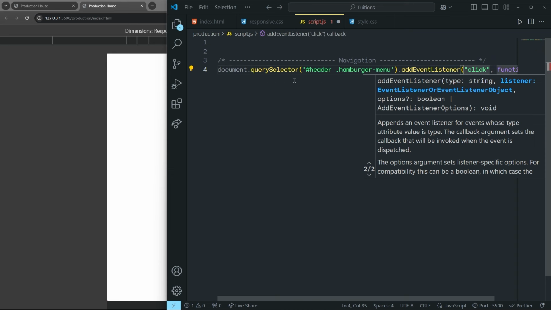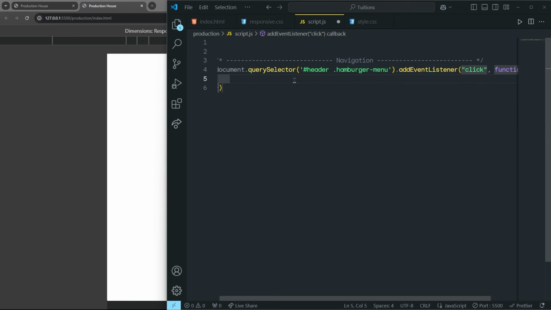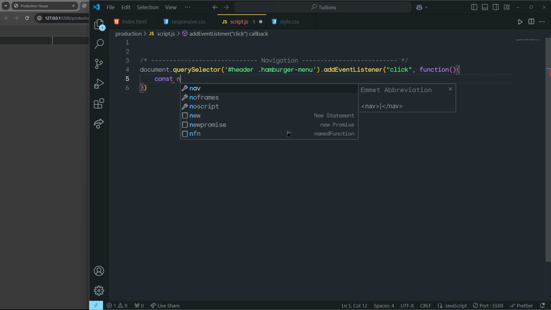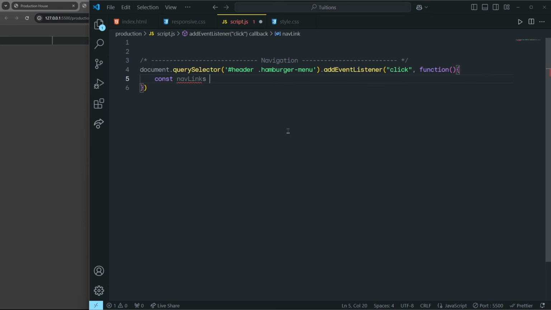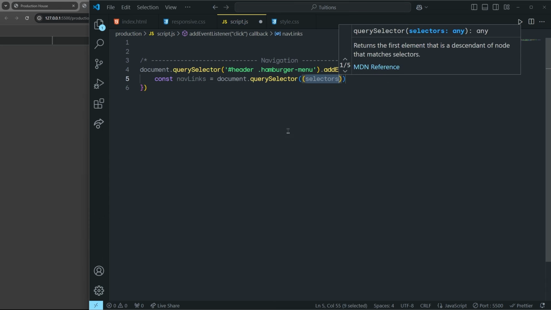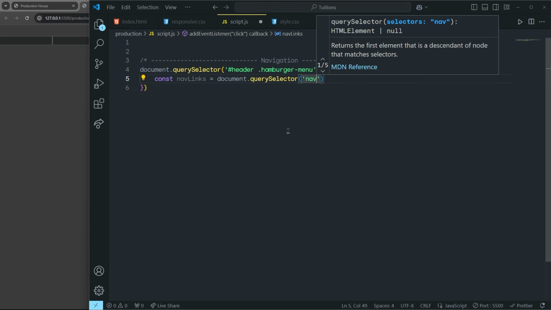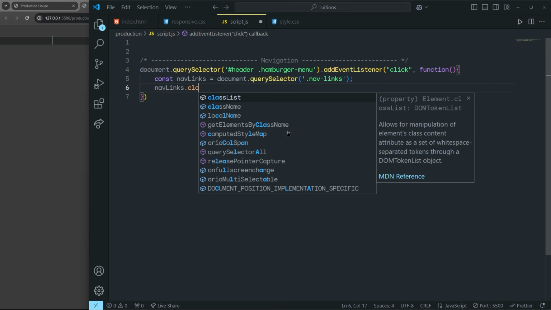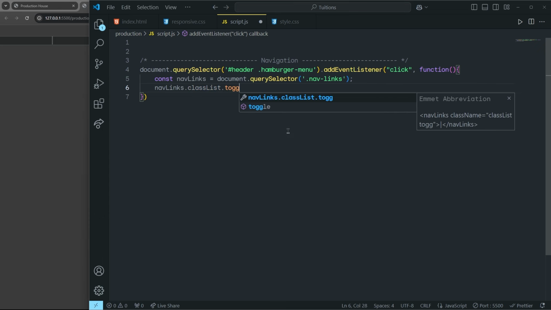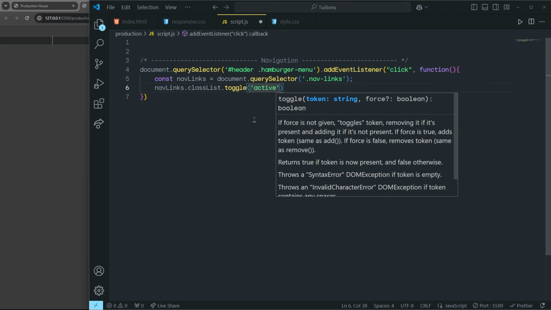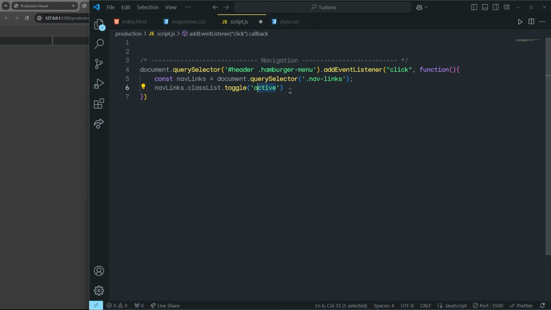So we call an arrow function, something like this, and inside this function I'm going to say constant nav links is equal to document dot query selector, and in the single quote we say nav links. Just after that we say nav links dot class list dot toggle, and in the parentheses the active class. So we're just going to add the active class to the nav links whenever we click on this